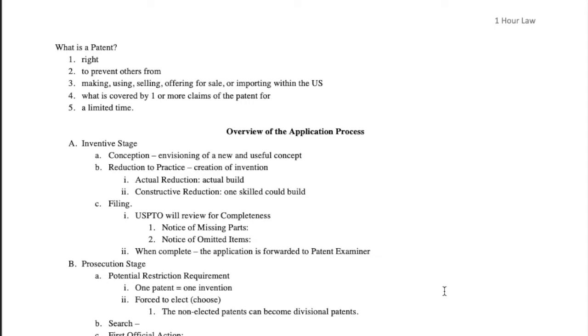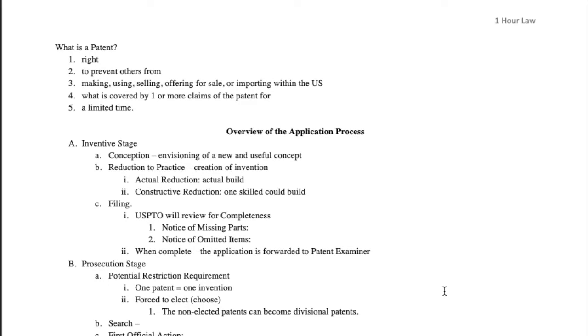Next, the application is going to be forwarded to the patent examiner, and it's going to be examined on the merits, and they're going to look at 35 USC, 37 CFR, and the MPEP. During the review process, they're going to look for potential restriction requirements, meaning that one patent is entitled to one invention. So if there are multiple inventions, they're going to restrict the inventor, and they're going to force